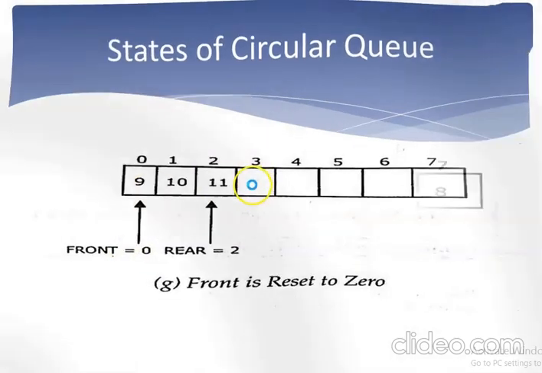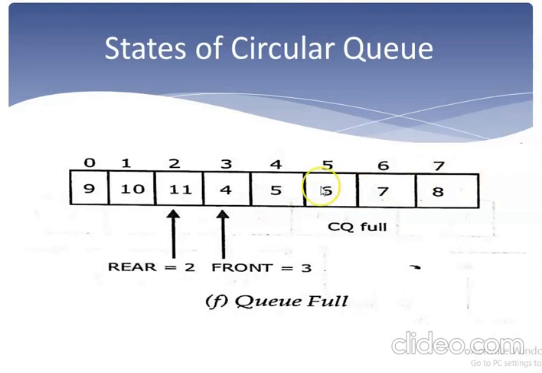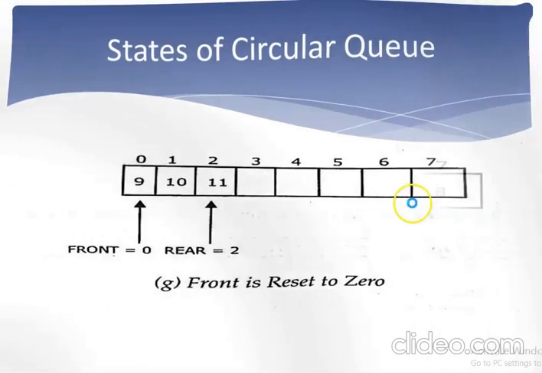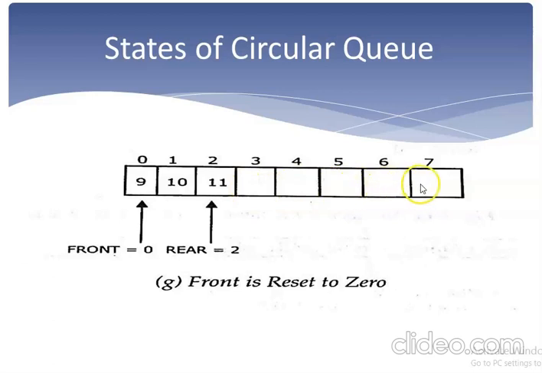So in this slide we have reached the state where, by removing elements, front is advanced to location 7. When it reaches here, all the elements are removed from this end, because front was pointing here, and we have removed 1, 2, 3, 4, 5 elements. And after this we have to reset the front pointer to 0. So front is reset to 0 after it reaches max minus 1.